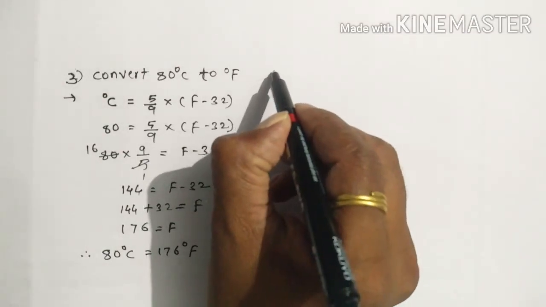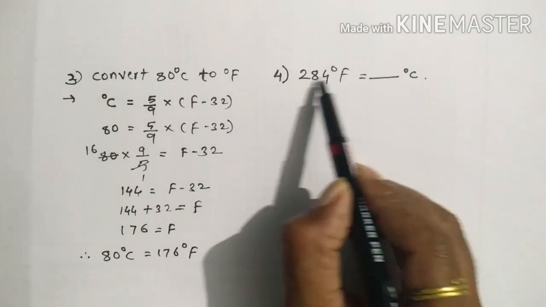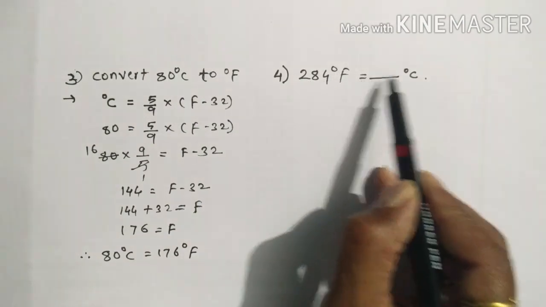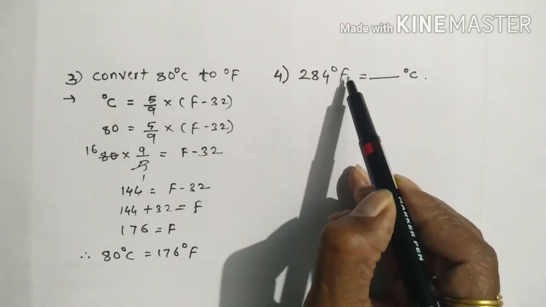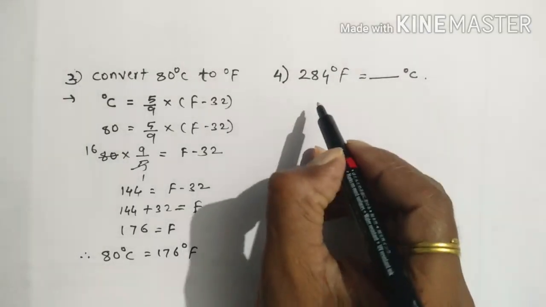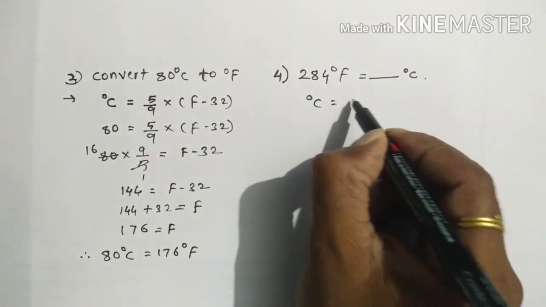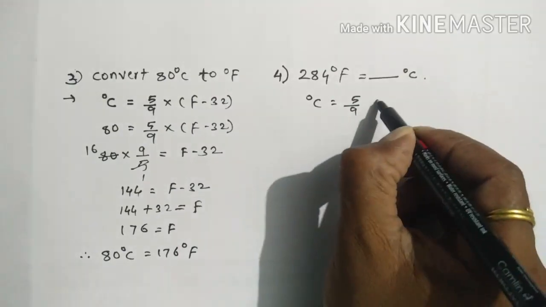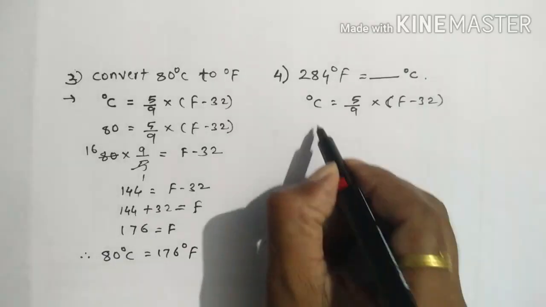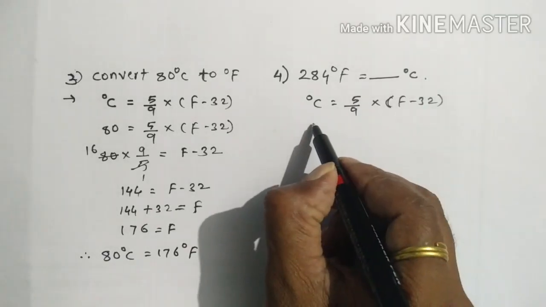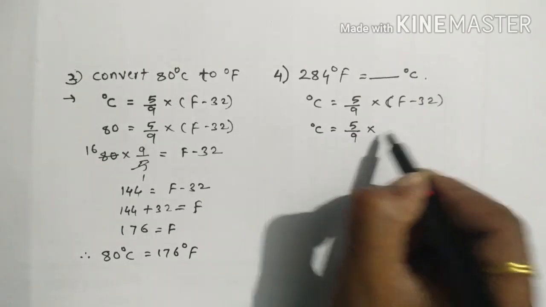Okay, let us take the next example. 284 degree Fahrenheit is equal to dash degree Celsius. It means we have to convert 284 degree Fahrenheit into degree Celsius. So we will write the same formula of degree Celsius, that is, degree Celsius is equal to 5 by 9 multiplied by F minus 32. Okay, so degree Celsius is not given, so we will write here degree Celsius, 5 by 9 multiplied by